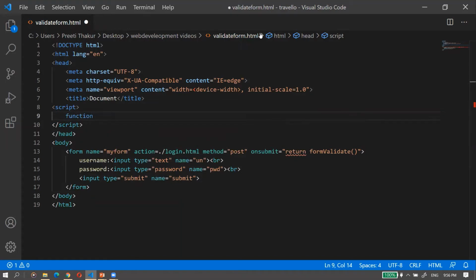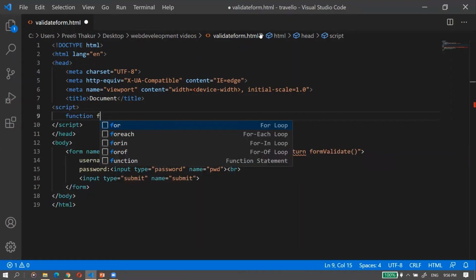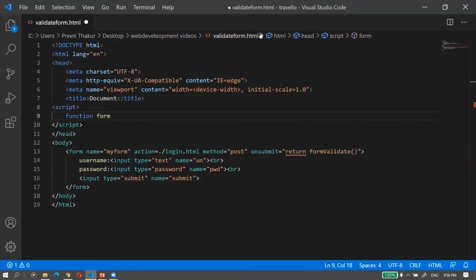The name of the function is formvalidate. Okay, so the formvalidate function I have to create.